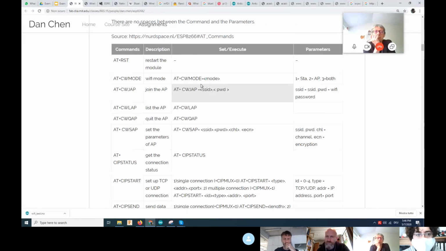So with this you restart the module. With this one you set the Wi-Fi mode. So you can be station, you can be access point. So this means you accept connections from the others, so the others can connect to you, or both. Then here you have the SSID and password. So here you have the name of the network and the password, and with this command, AT+CWJAP, you connect